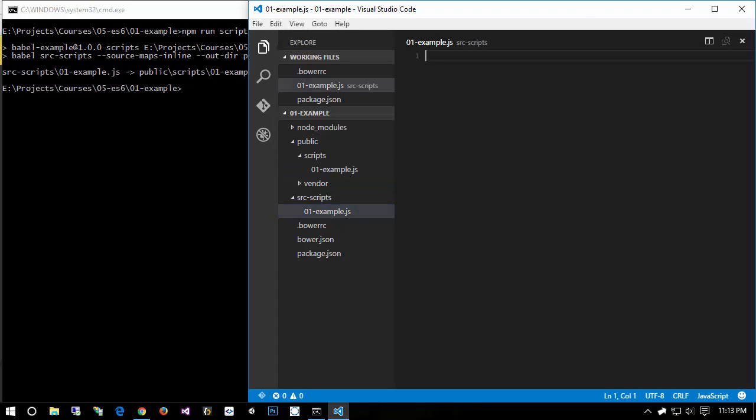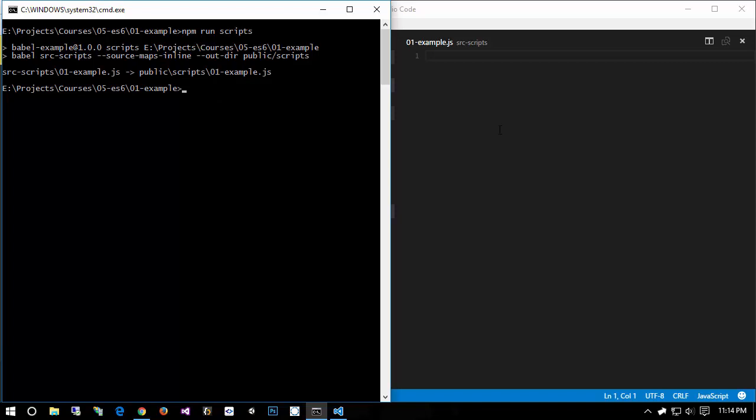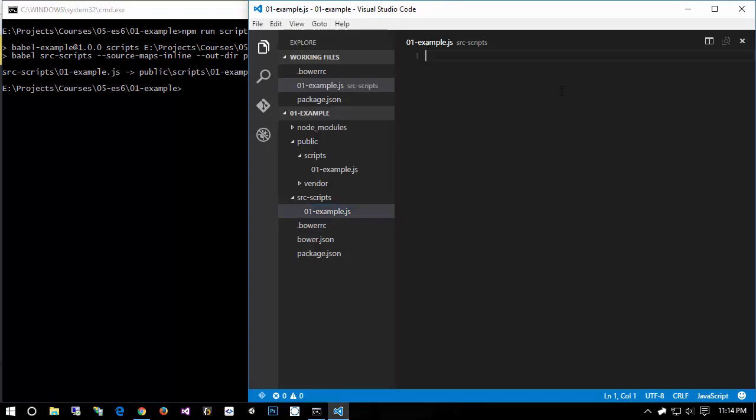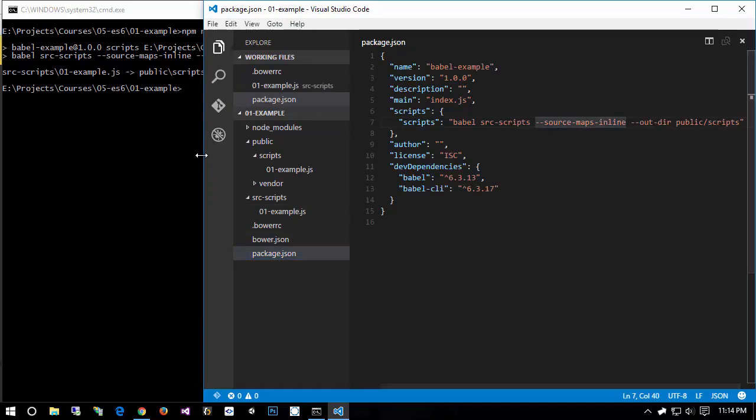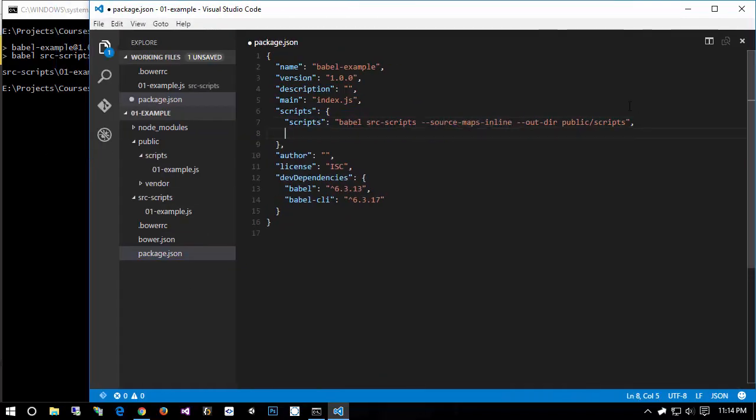Okay, so let's go ahead and talk about another feature of Babel that we're going to be taking massive advantage of, and that is watching. So if we pass a --watch flag into Babel, it'll sit here and run in our command line, but every time it detects that our source script has changed, it'll recompile that and dump it back into this scripts folder. Before I show you what that'll look like, let's just write the command, because the command is really simple. I'm going to jump back into package.json, and I'm going to write another npm script, and it's just going to be scripts